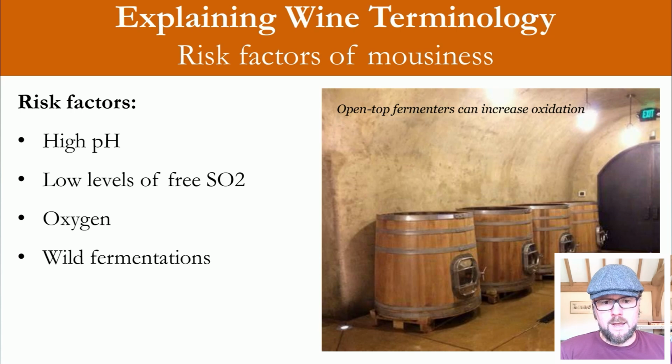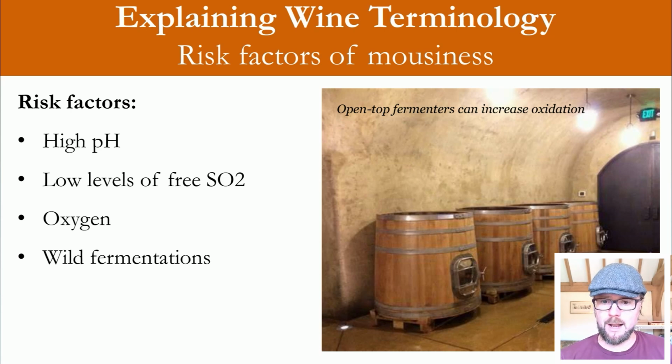So we think that low levels of free sulfur dioxide, which we'll talk about in the next slide, a high pH, which often then relates to a low acidity, so a high pH, we're talking about often around 4 or even in excess of 4, and the likes of poor hygiene, along with the presence of oxygen, probably are the best conditions in terms of